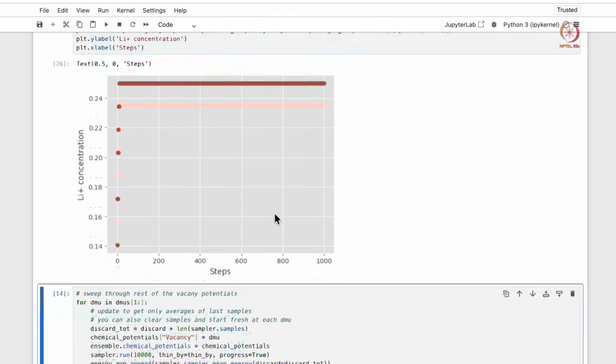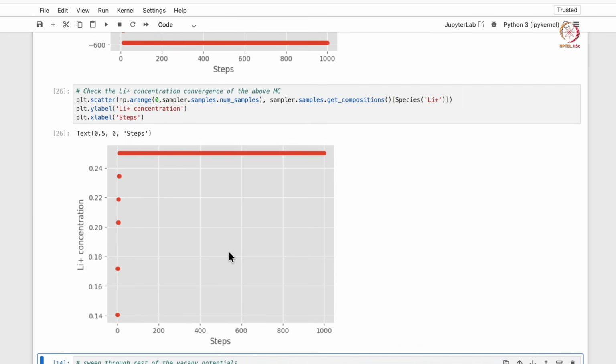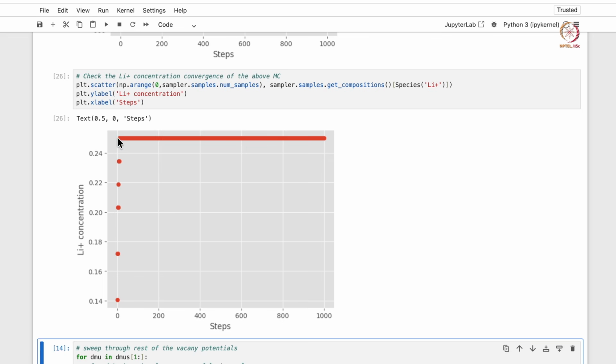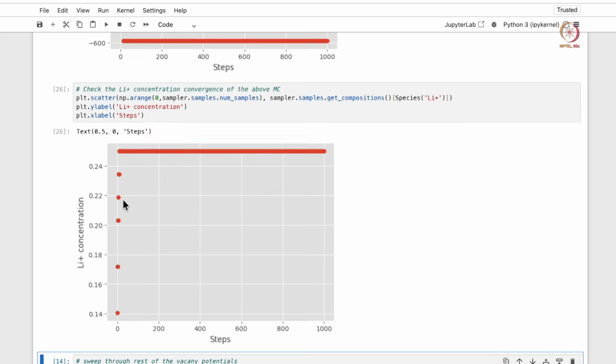Execute this cell, and again you can see that as we increase the number of steps, the lithium concentration also increases. Say initially it is some 0.14, then it is 0.25.